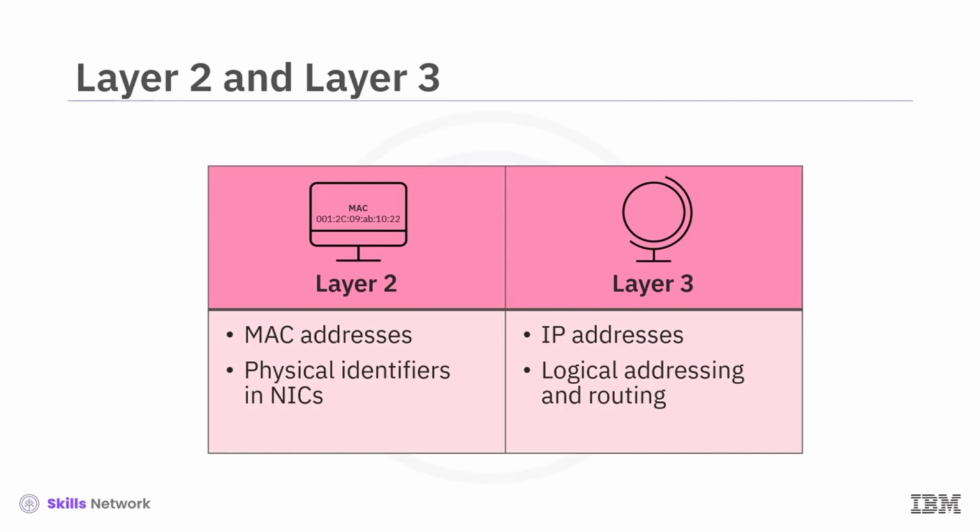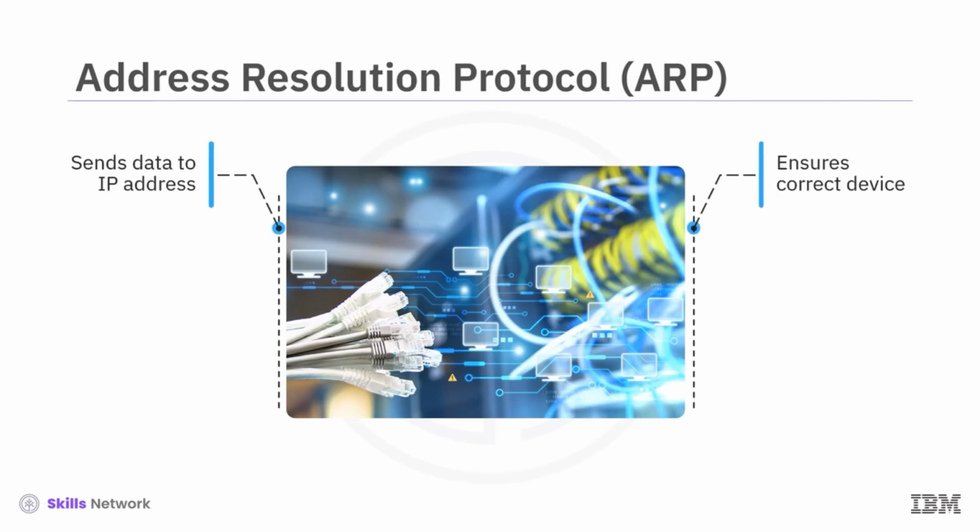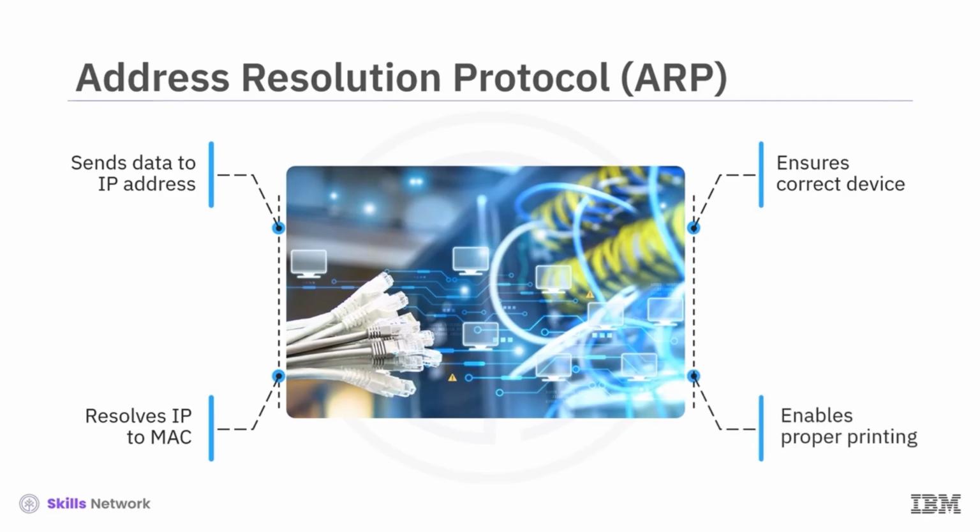Now, let's explore the Address Resolution Protocol, ARP, which bridges Layer 2 and Layer 3 addressing by mapping IP addresses to MAC addresses. The process of ARP makes sure that the data sent to an IP address reaches the correct device within a local network. The ARP process ensures that computers can resolve the printer's IP address to its MAC address using ARP, allowing them to do the printing job